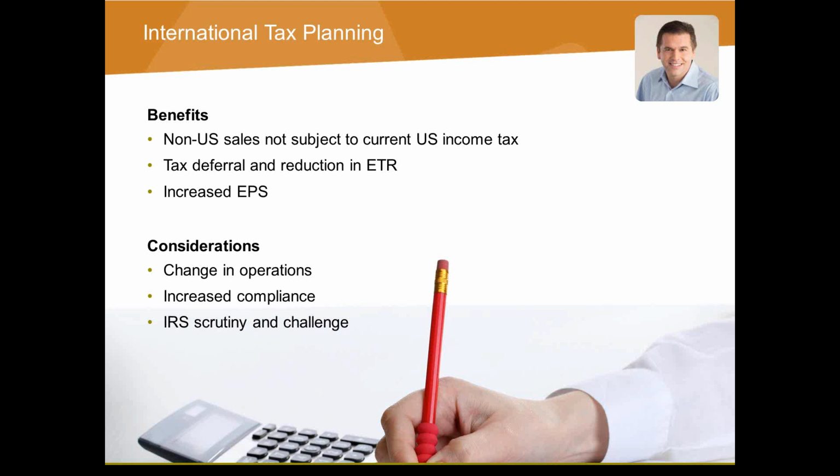One thing to think about when it comes to these structures is that this is a tax deferral structure. And what that means is that the taxes on the income associated with these sales and this profit are deferred from U.S. income tax until that cash is repatriated to the United States. Once it is repatriated, then it is taxed at full U.S. rates. And this is one reason why Apple has $100 billion offshore, but needs to borrow $30 billion to do their stock buyback and dividends and whatnot.